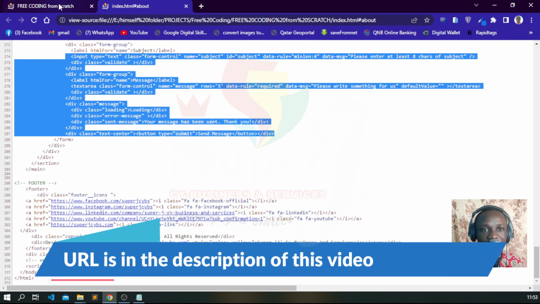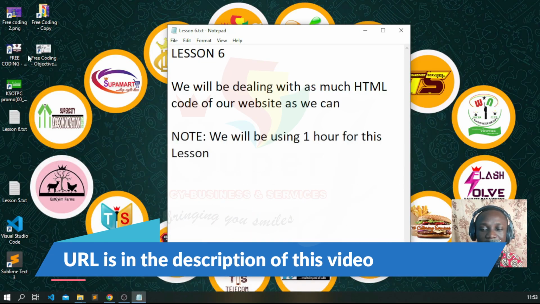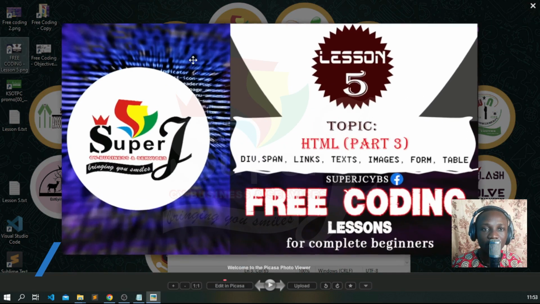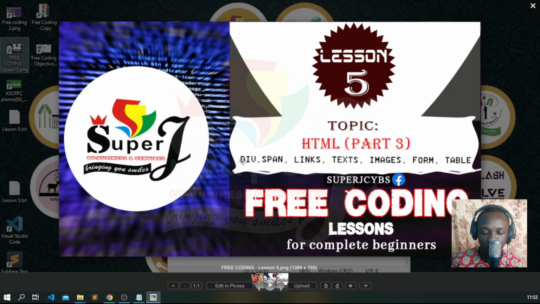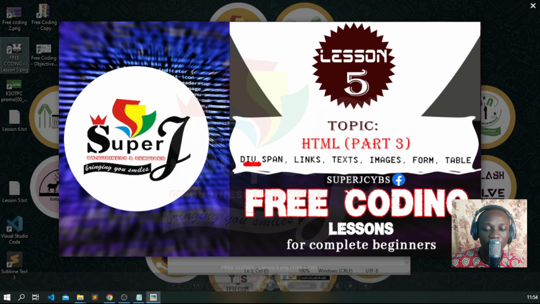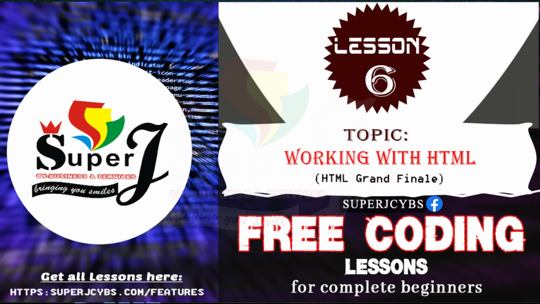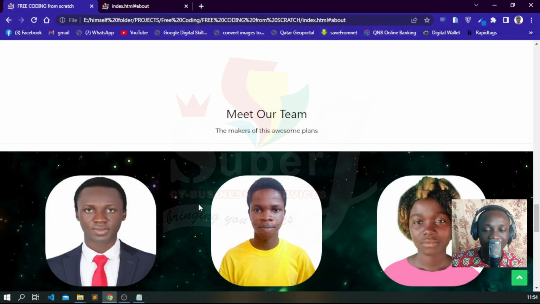Don't forget that in the previous lesson, we had looked at some other parts of HTML that deal with divs, spans and creating links. We also looked at adding text and formatting them. We looked at adding images to our web page, and then we looked at adding forms as well as adding tables. We also looked at adding lists and a whole lot of others which I have not mentioned on this list. Nonetheless, in this edition, because we will be coding exactly a practical website,